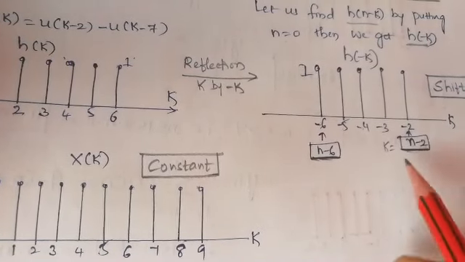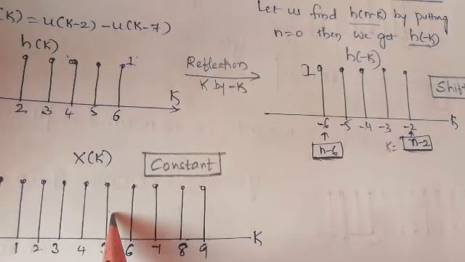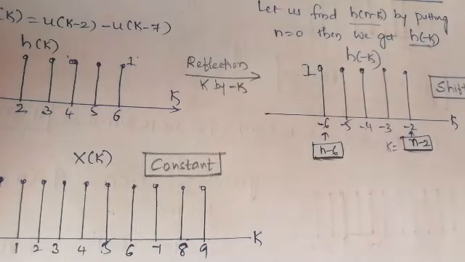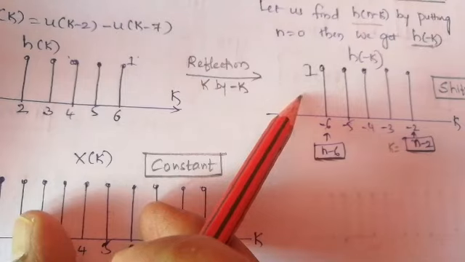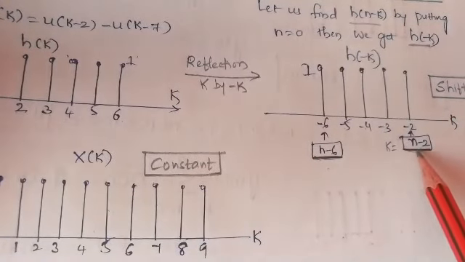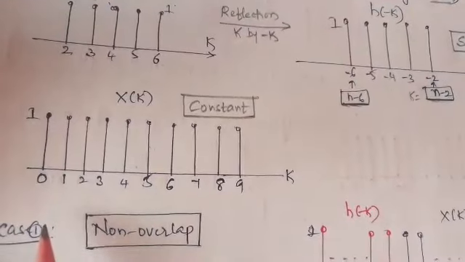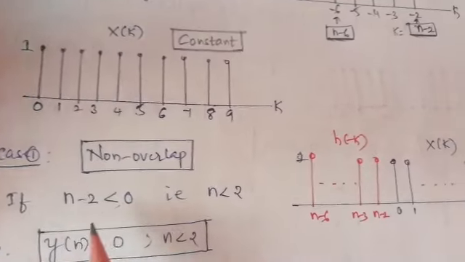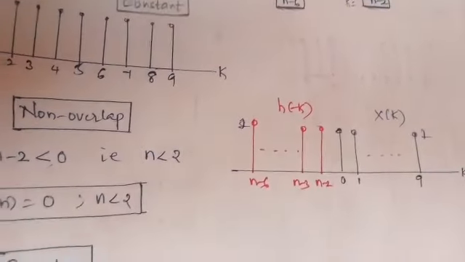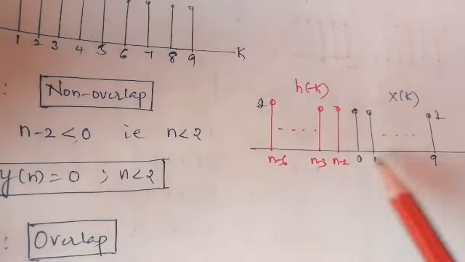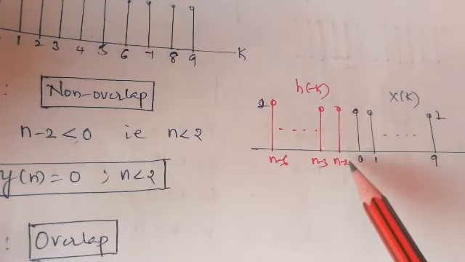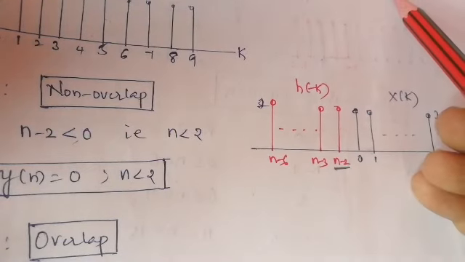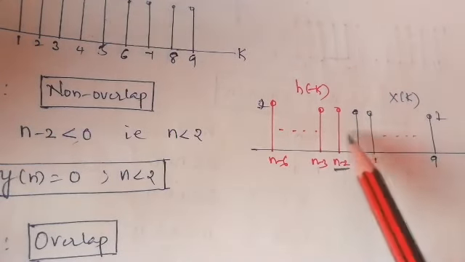So how to shift? Let us take this signal and place it over the first signal in such a way that there is no overlap. We are going to discuss two cases, non-overlap and overlap. First, the non-overlap case: let us pick this signal and place it over the first signal such that there is no overlap. It has two ends. If n minus 2 is less than 0, we represent that case in two colors. 0 to 9 is the first signal, kept constant as it is. If n minus 2, the one end of the second signal, is less than 0, then there is no overlap between the two signals.